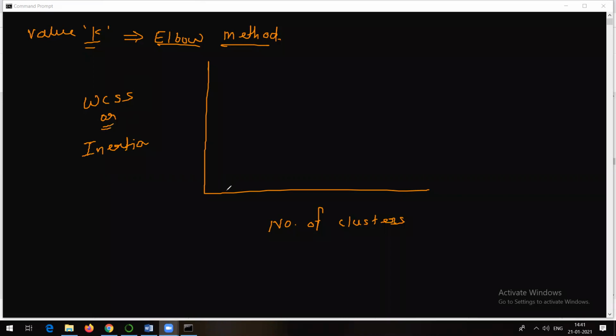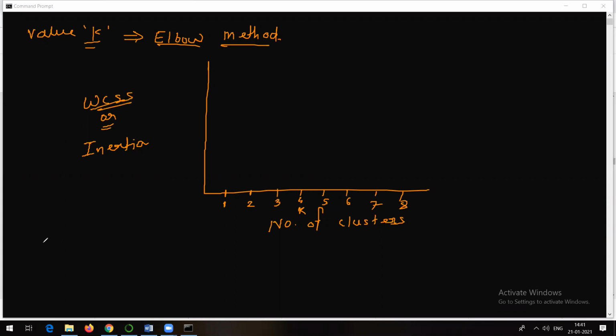Now suppose these are the possible values of k. The k value can be 1, that is one cluster. It can be 2, 3, 4, 5, 6, 7, 8. So what generally we do is, we do not pass only one value. To decide the value of k, we do not directly select only one value. We pass a range of values, and whatever is the best value out of that will be selected as the k value. But the question is how to select the best value. So this WCSS is going to come into the picture.